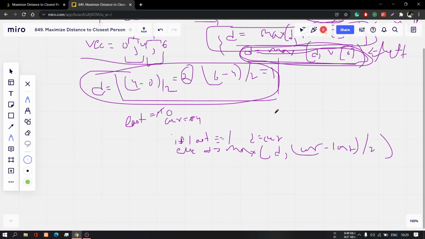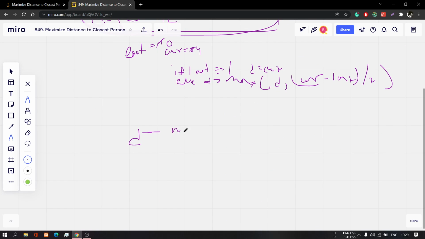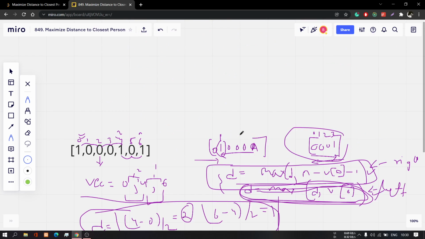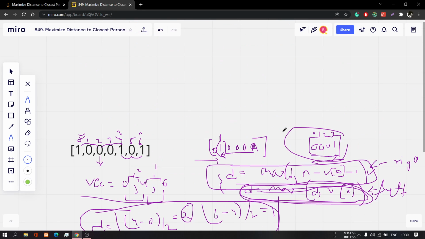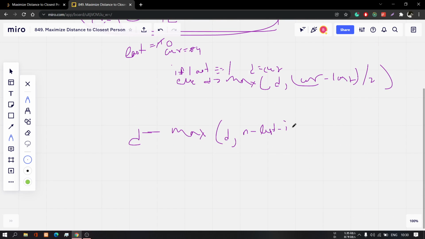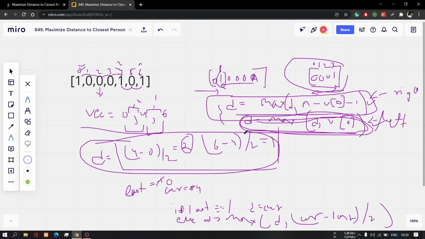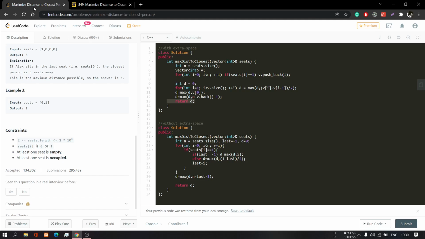So I simply do d equals max of d comma n minus last minus 1. This condition will handle that case, and after that you will get the answer. Let me show you the code.